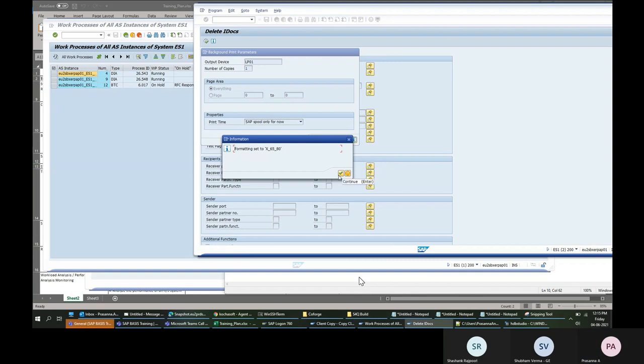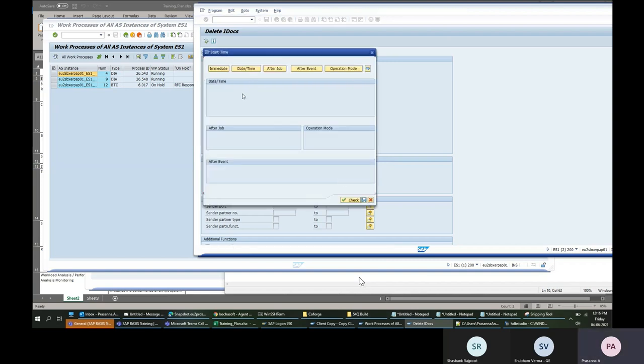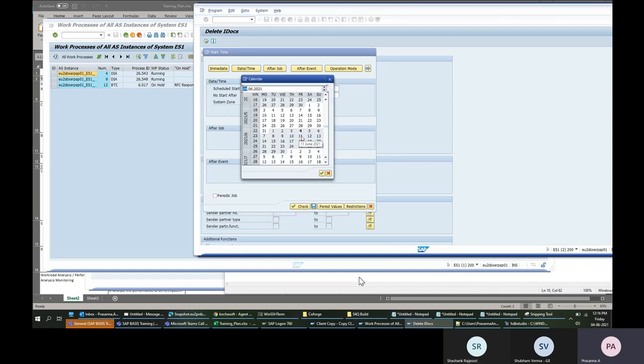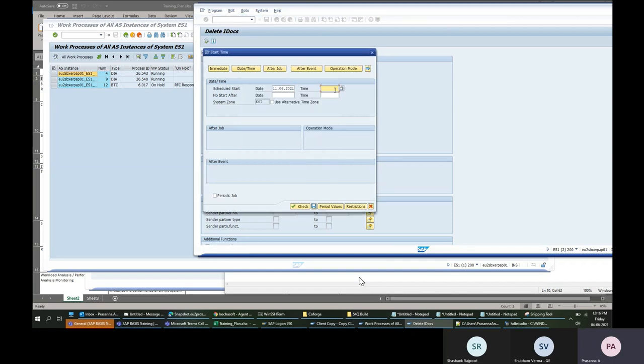Do you want to execute it immediately, or do I want to choose some time? Maybe I want to run this tomorrow, not today, at this particular time. When I click save, it will schedule the job.